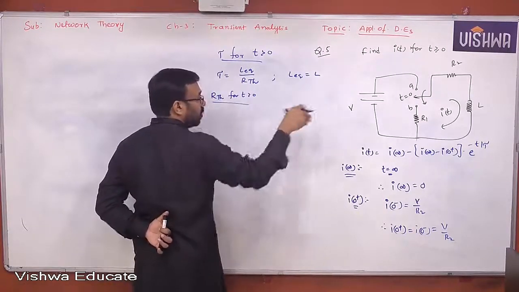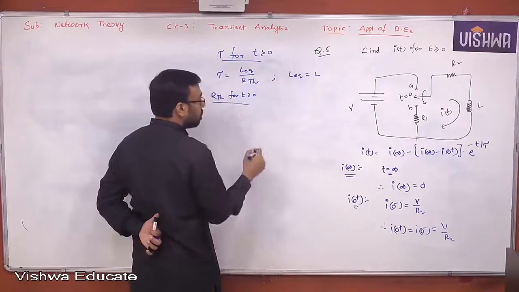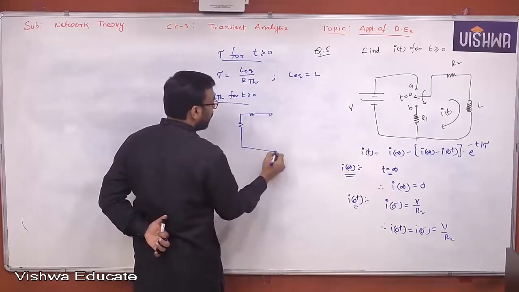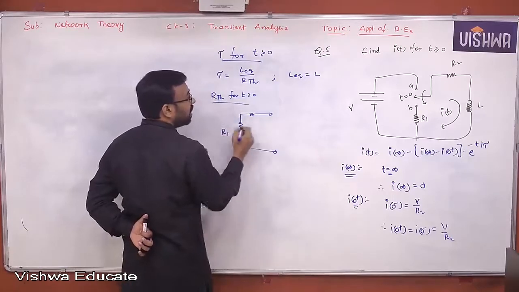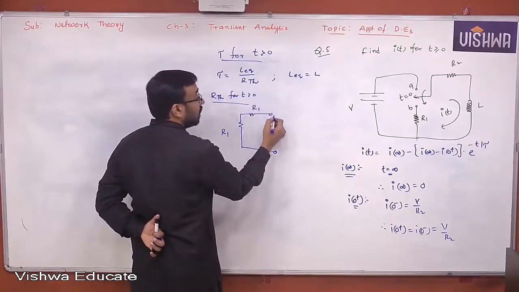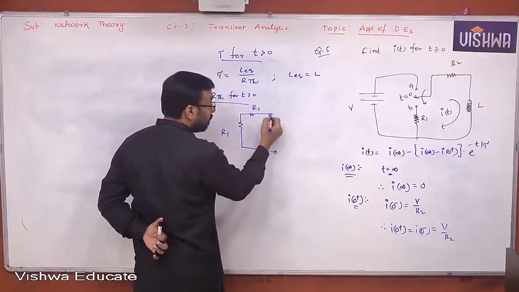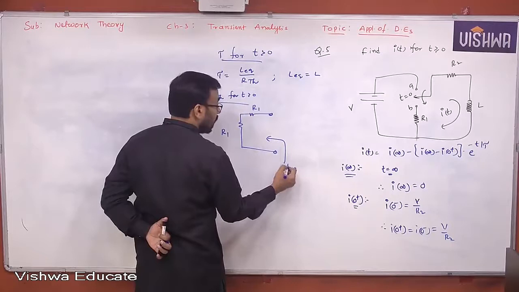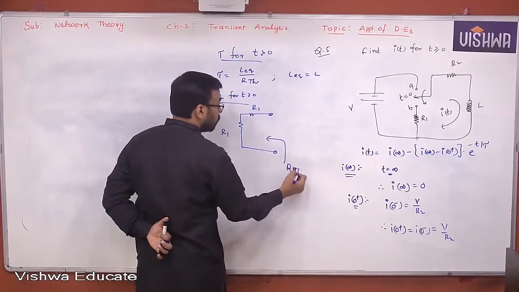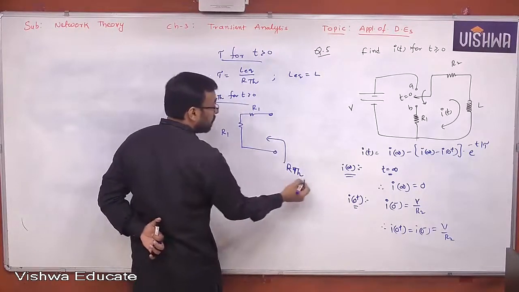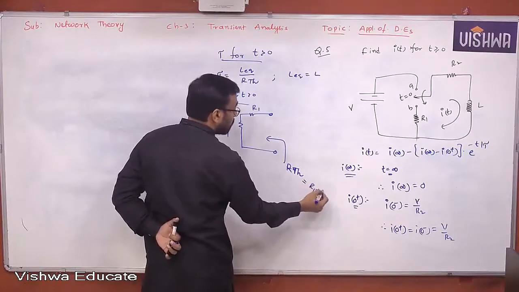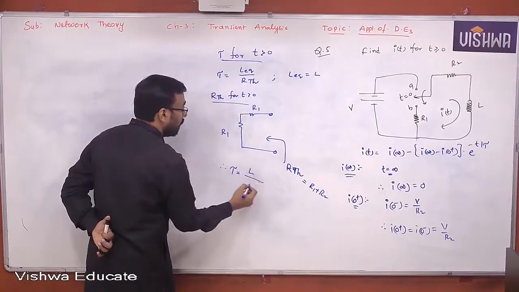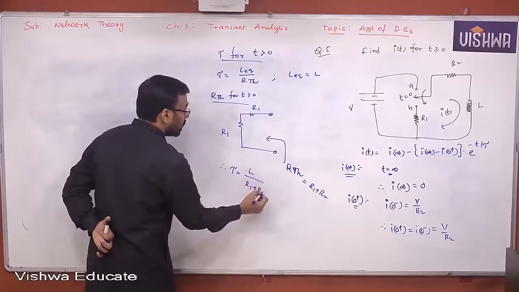Switch is moved to B. So, something like this. Okay, and Thevenin's equivalent resistance must be calculated across what? L equivalent terminals. Where are the L equivalent terminals? These are the L equivalent terminals. When you look into the network through the L equivalent terminals, this RTH will become what? R1 plus R2. Therefore, tau is equal to L equivalent L by RTH, R1 plus R2.